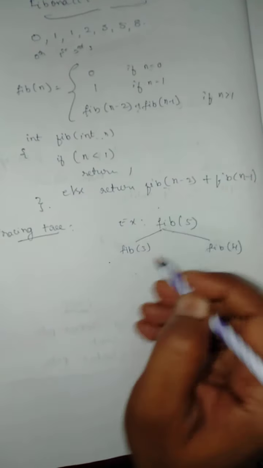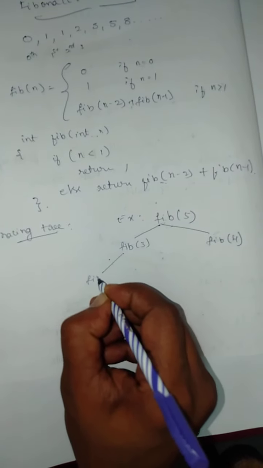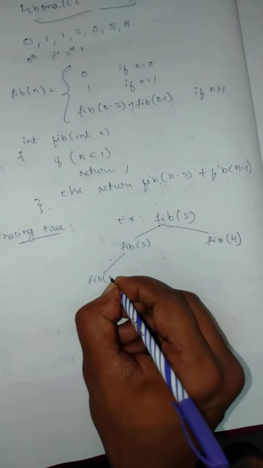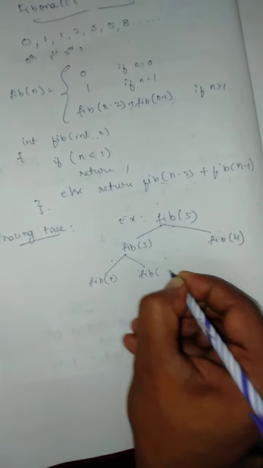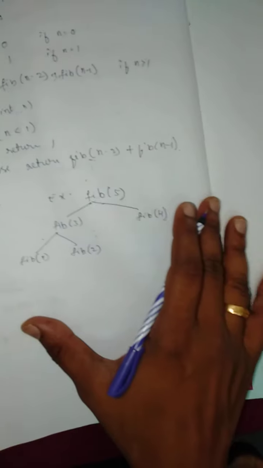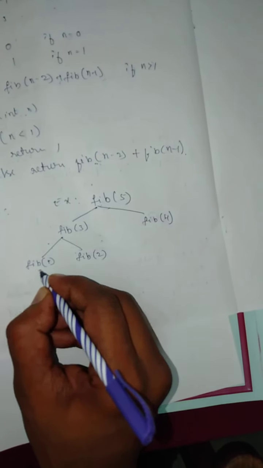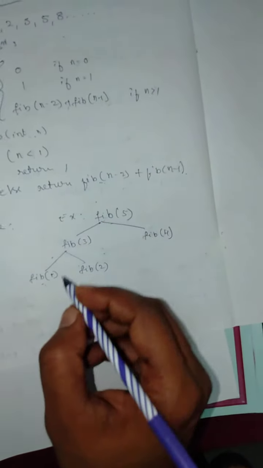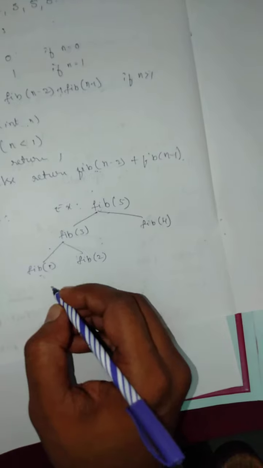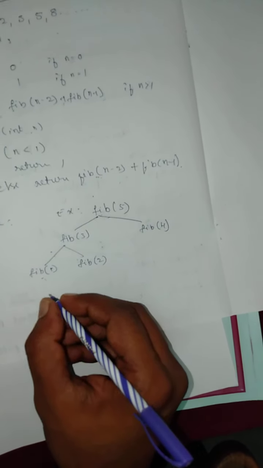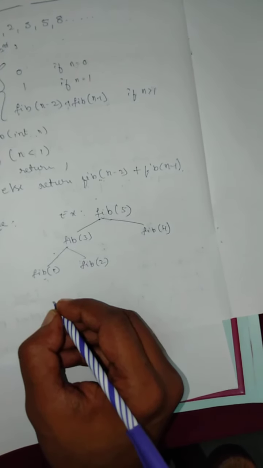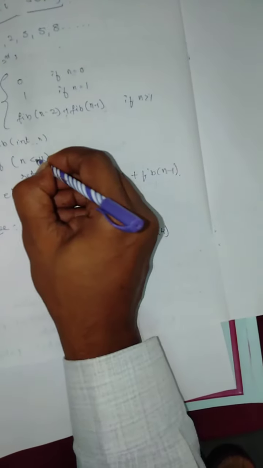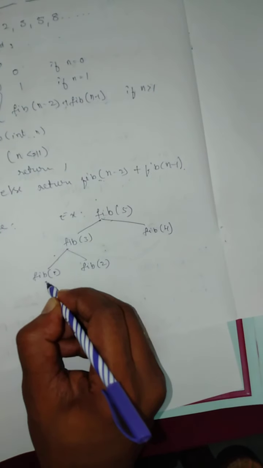Then fib of 3 in turn calls, since the 3 less than 1 condition fails, once again fib of 1 and fib of 2, correct. Next, fib of 1, if the n value is less than or equal to 1,